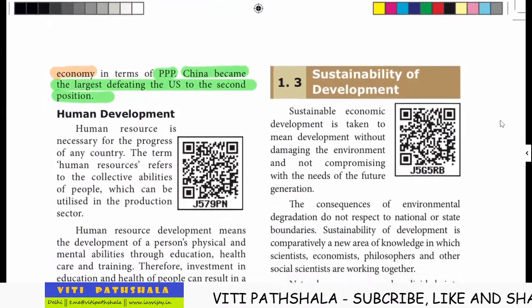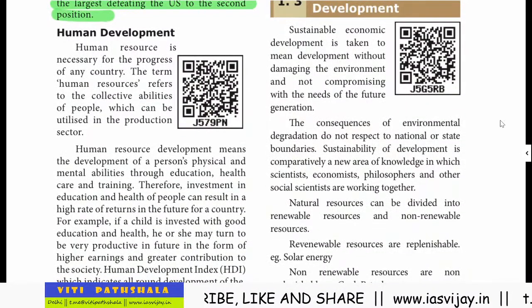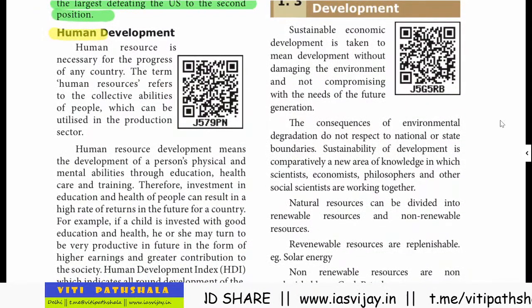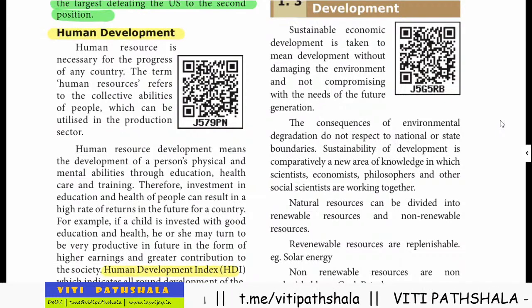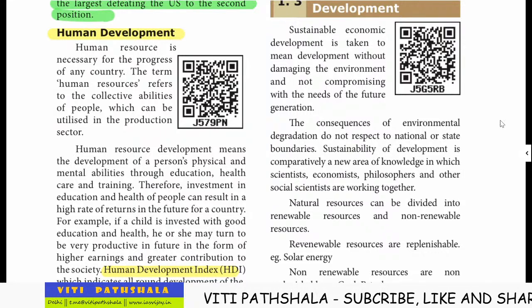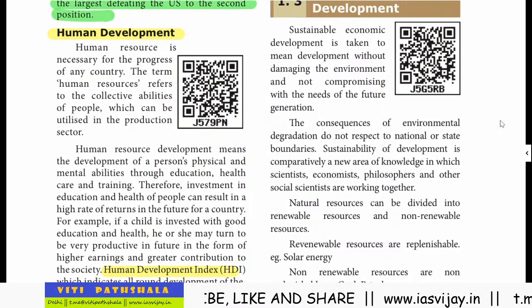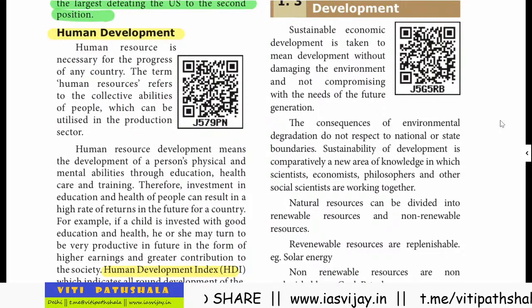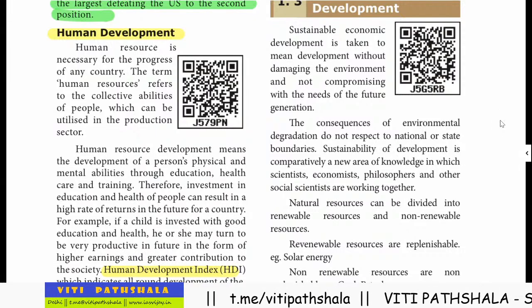Now, next comes human development. What do you mean by human development? Every year you have the Human Development Index, which you see in current affairs. Human development, or human resource, is necessary for the progress of any country. The term human resource refers to the collective ability of people which can be